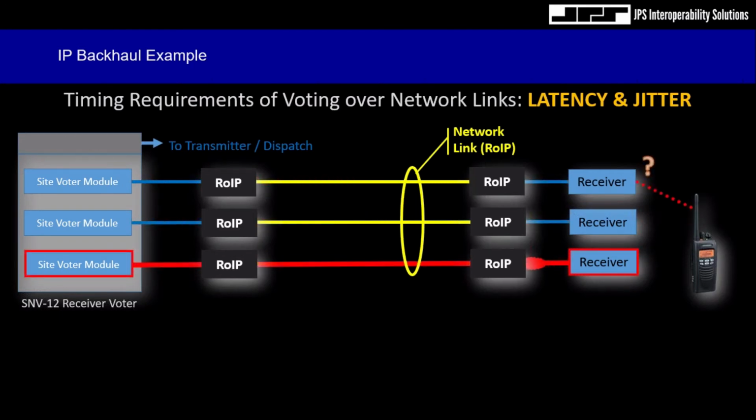And just like our previous analog backhaul example, we may notice certain links are exhibiting propagation delay or process delays. And in this example, this is the case. Because we can adjust the receive audio delay of each separate site voter module, we can then buffer the early arriving receive audio and wait for the late arriving audio to arrive. Again, we're able to align the arrival time of all receive audio such that each site is assessed at the